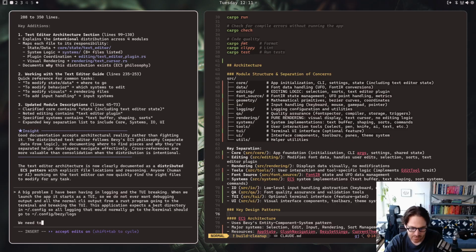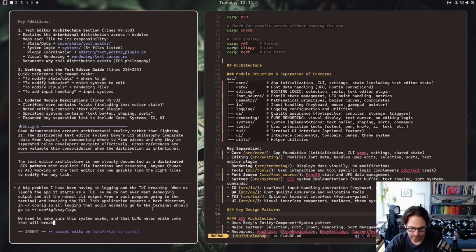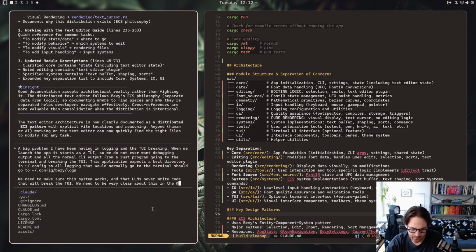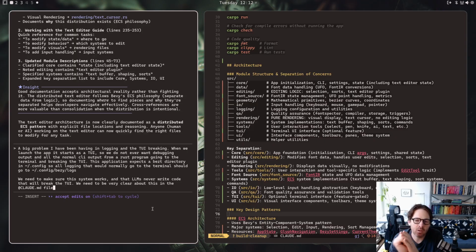We need to make sure this system works. So we need to be very, very, very clear about this in the Claude file so that the LLMs don't write code that breaks the TUI, because that's something that's happened to me multiple times in the last couple of days. We need to be very clear about this in the